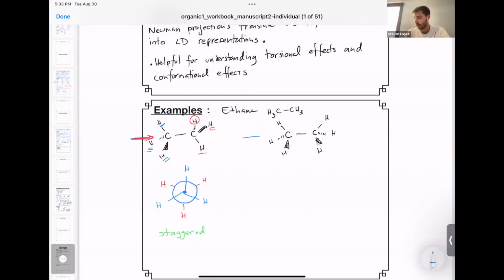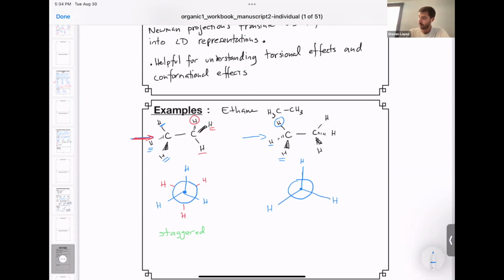So we're looking at ethane, but a different conformation of this ethane. So first thing we're going to do, just like before, is draw this circle. We're going to draw the dot in the middle to represent the carbons that are eclipsed. And you'll notice right away that this hydrogen is pointed up. This hydrogen that I've underlined once is down and left. And this hydrogen that I've underlined twice is down and right.